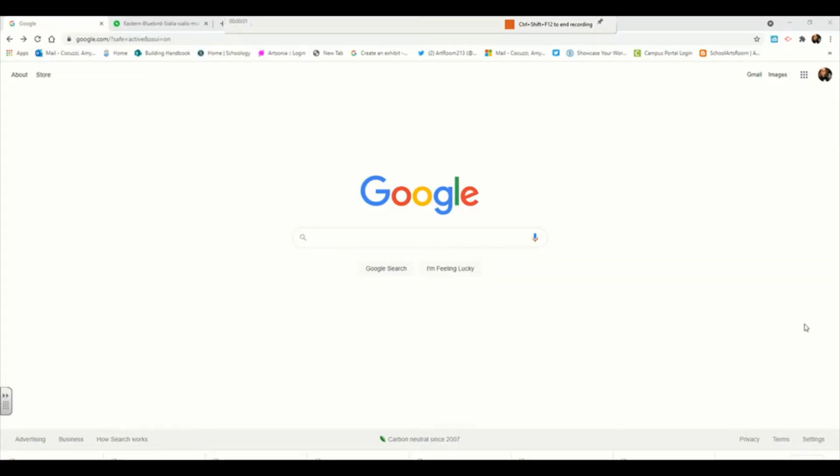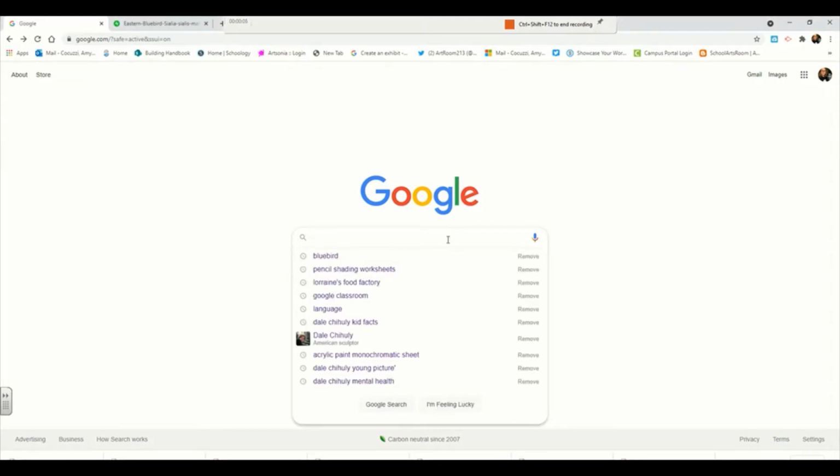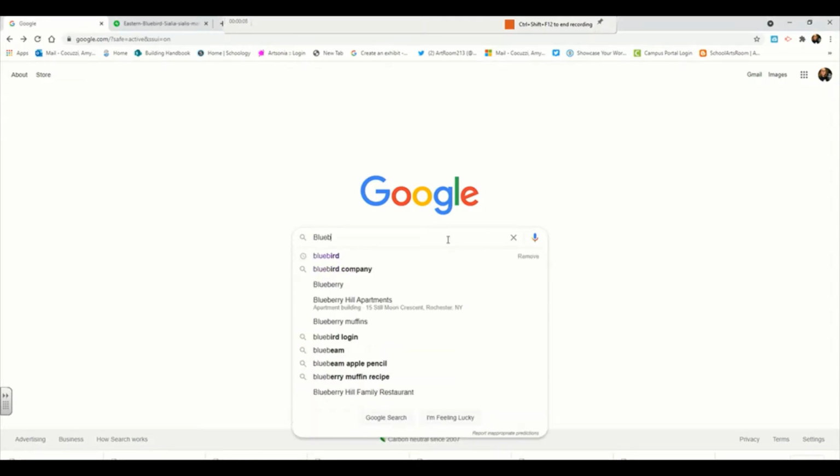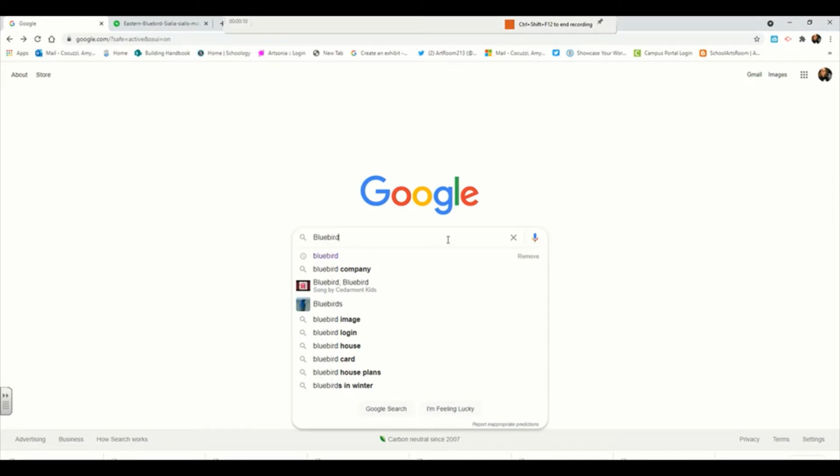So I'm going to search for a picture for my mosaic project. I've settled on a bluebird, so I'm going to look up an image of a bluebird. When you first search for an image, it's going to give you everything on the web, and it's not going